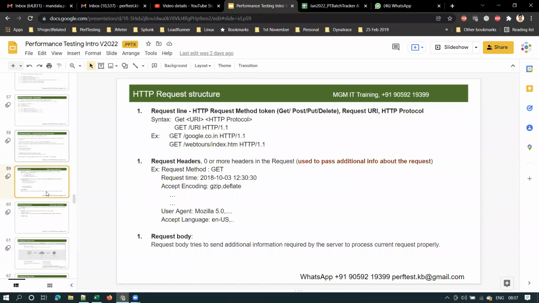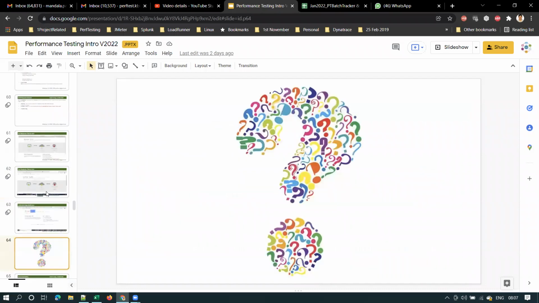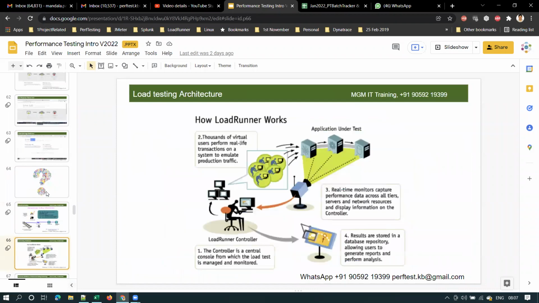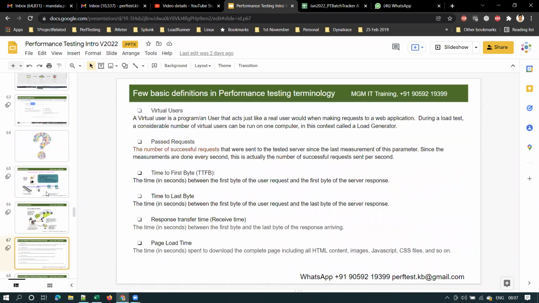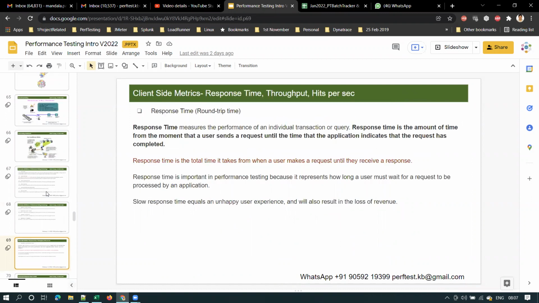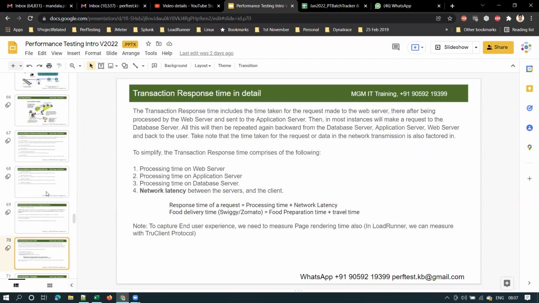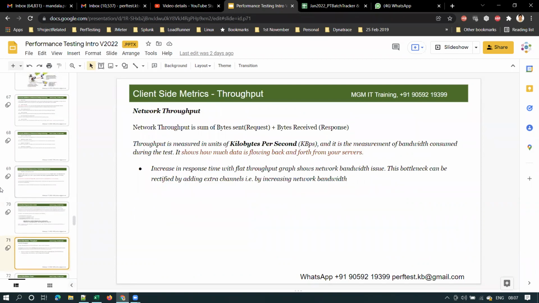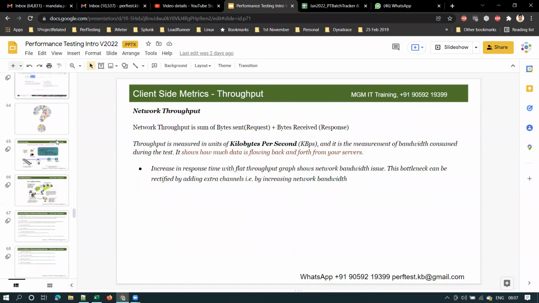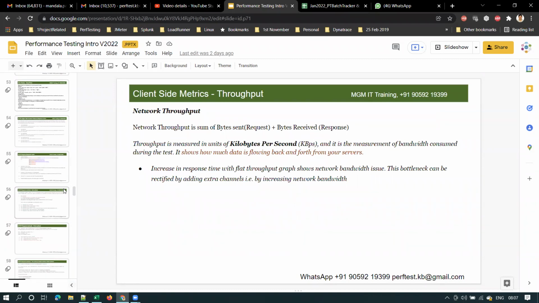So I need to cover a few more concepts: request structure, response structure, some basic terminology, and why we need a tool for load testing, plus some basic definitions in performance testing terminology. I'll explain this, and then we'll start with JMeter. Okay, let's get started with the request structure and response structure.